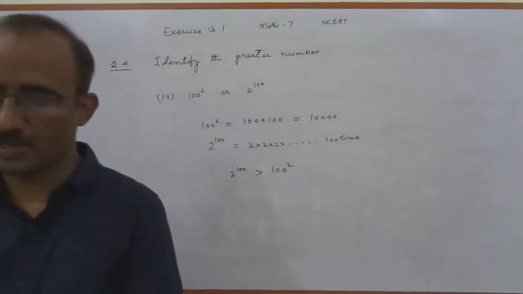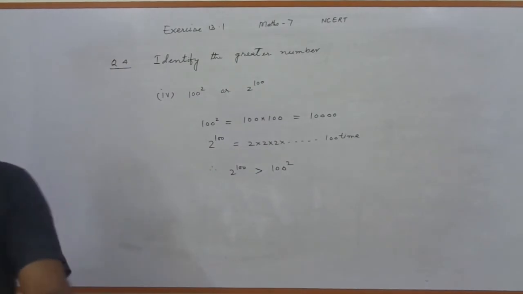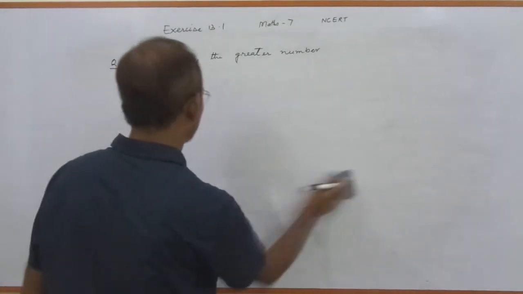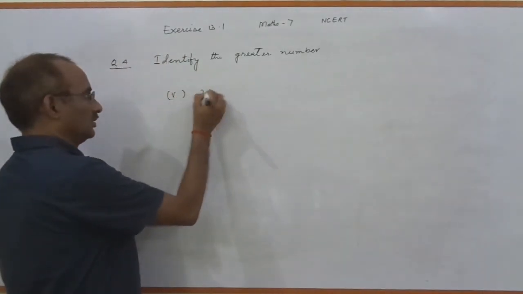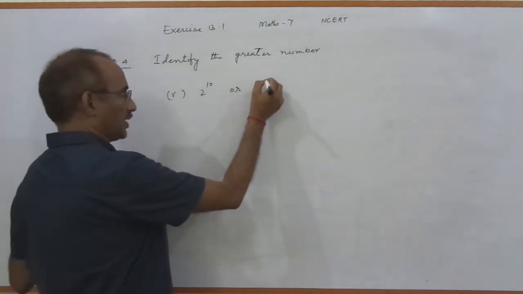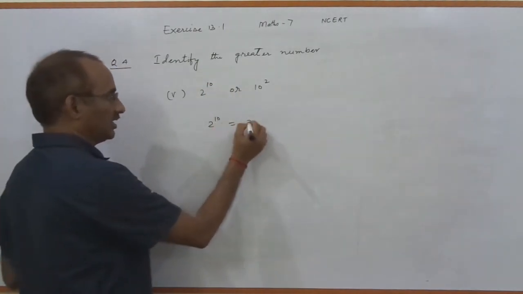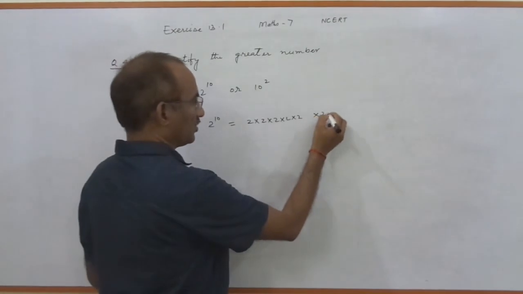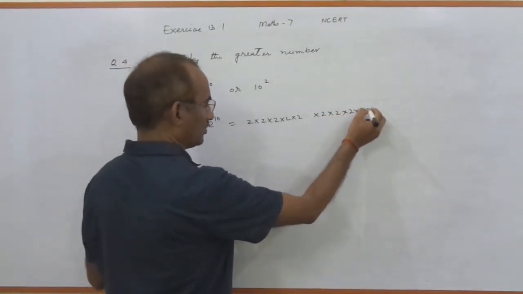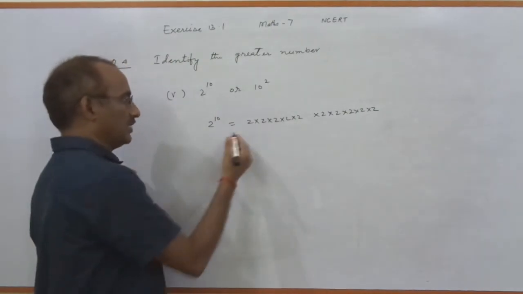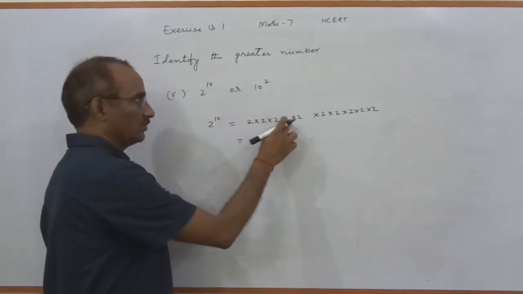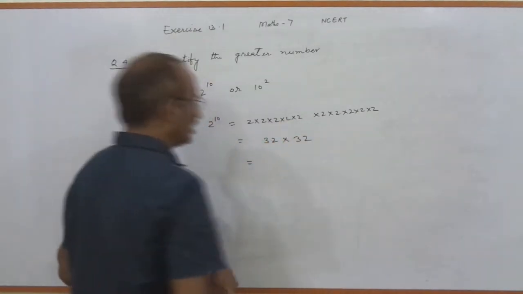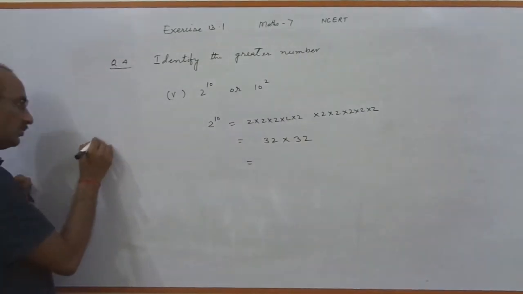Now come to question number 5. It is 2 power 10 or 10 power 2. So 2 power 10 can be written as 2 into 2 into 2 into 2 into 2 and 2 into 2 into 2 into 2 into 2, 10 times. 2 twos are 4, 2 fours are 8, 2 eights are 16, 2 sixteens are 32, multiplied with 32. On multiplying 32 with 32